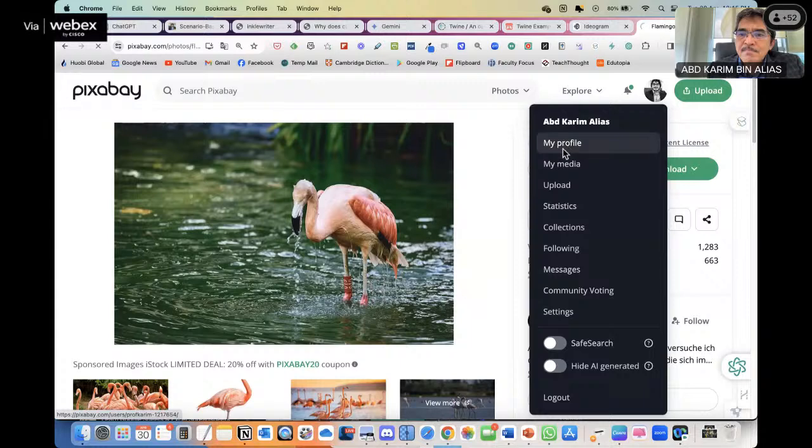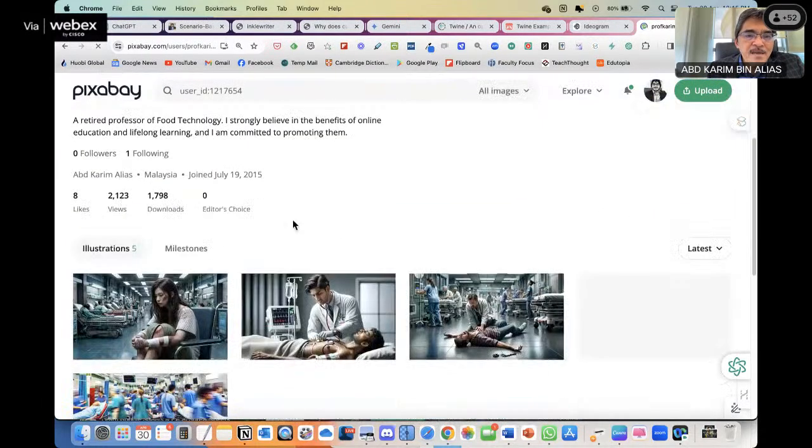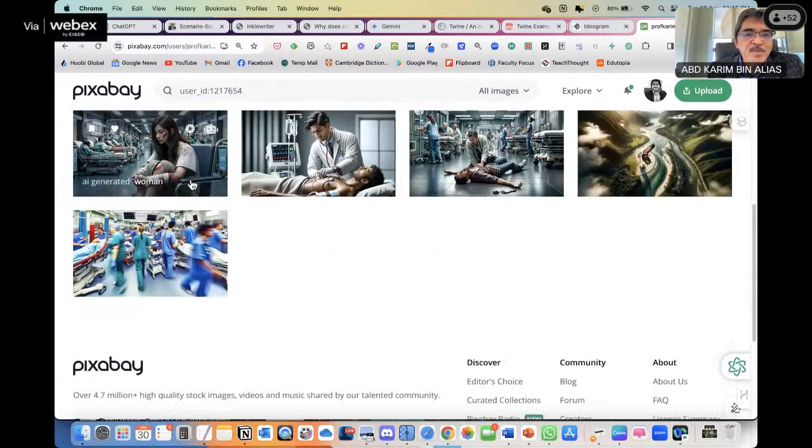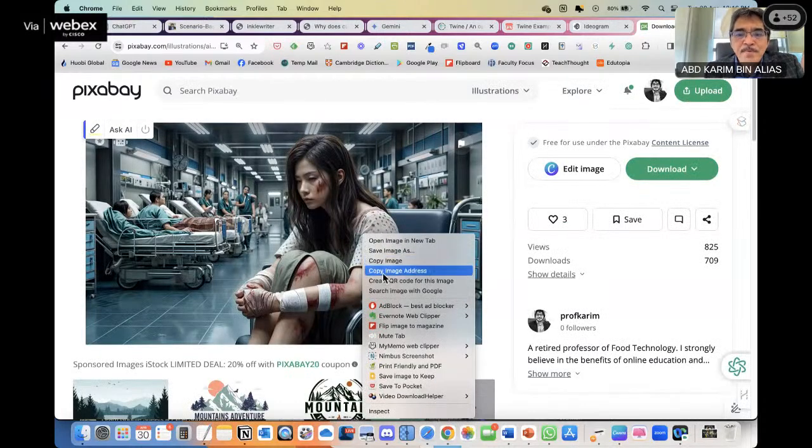Just like me, I have my profile, so I upload the picture. If I create my own picture using ChatGPT or Ideogram, I upload it to Pixabay, then I can copy the link the same way. Right click, then copy image address.